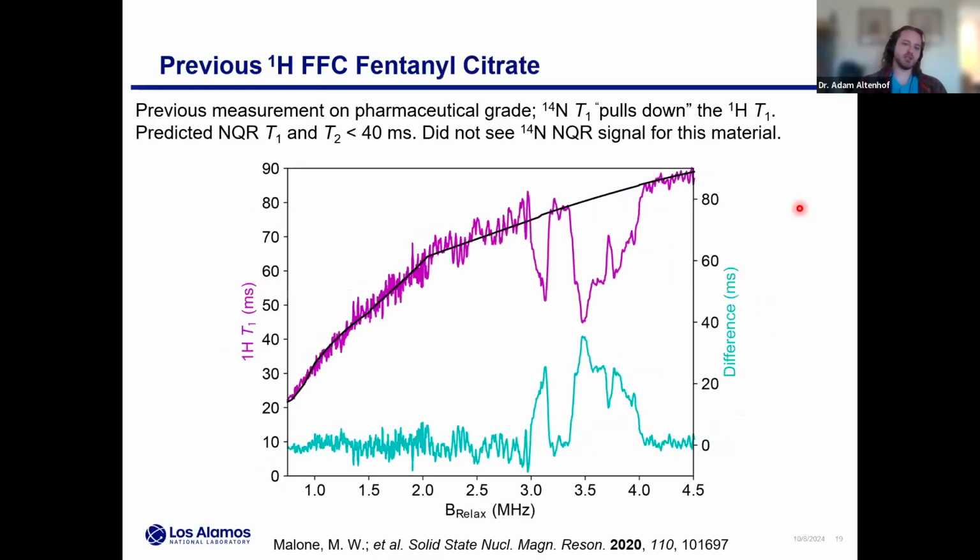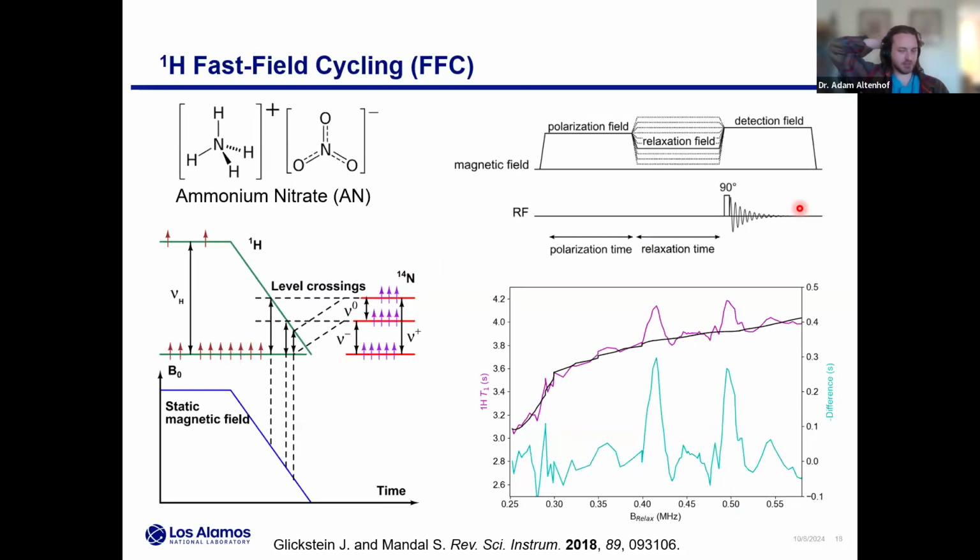Yeah, the dips are most often coming from just the fact that the NQR T1 is less than that of the proton. When it's increasing, that simply means the NQR T1 is in fact longer than the proton T1, which is the case in ammonium nitrate. The proton T1 at these frequencies compared to that of the NQR: if it is longer, it will be an augmentation rather than a dip, but the same mechanism.